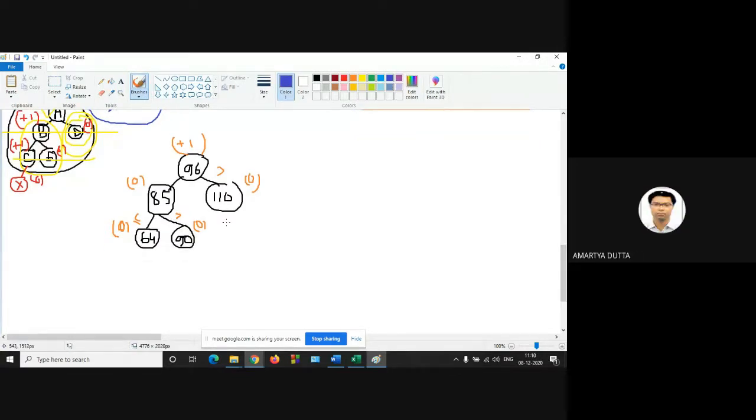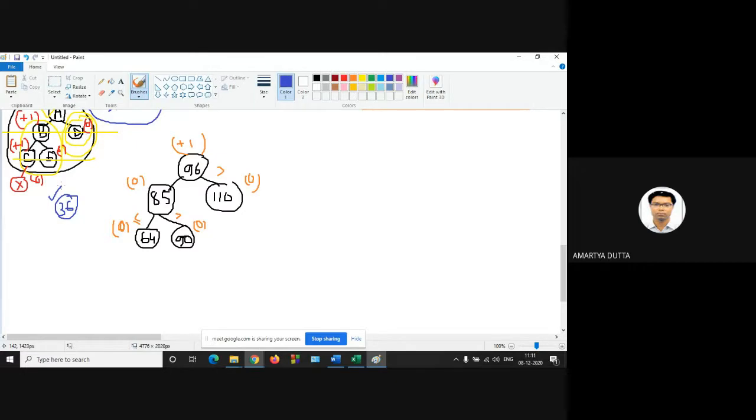Now insert 36. You are asked to insert 36. What should I do? Anyone? Insert 36 in this given tree. Suppose the tree is given in your exam and you are asked to insert 36. LL. Why LL? 36 is the smallest number here, so obviously it will go to the leftmost side. When you are inserting a node, you have to follow the binary search tree property, because your AVL tree is nothing but a binary search tree. But obviously it is height balanced.